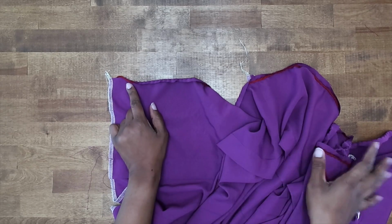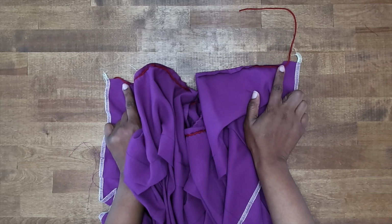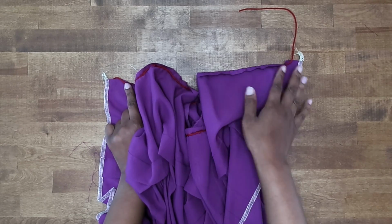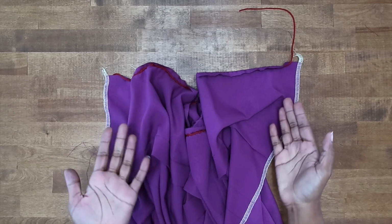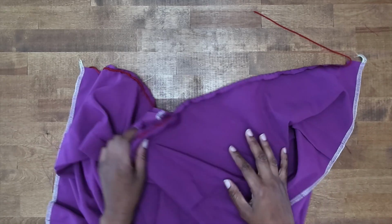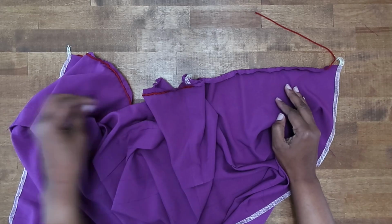So you should have transferred notches near the back pieces. You want to make sure that you start and stop your gathering stitches between there. I've used yarn to gather mine. You may prefer to use 2 rows of gathering stitches. If you do prefer to use that method, I do recommend gathering in sections as opposed to doing the whole